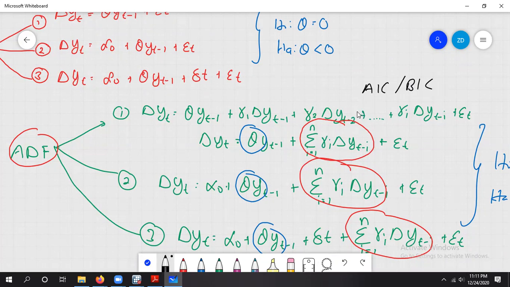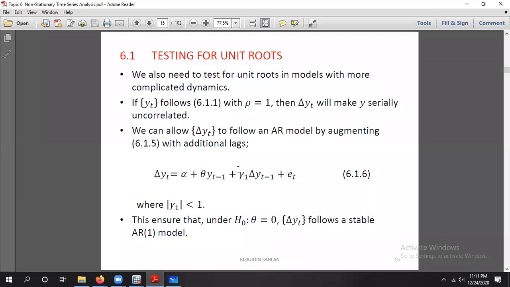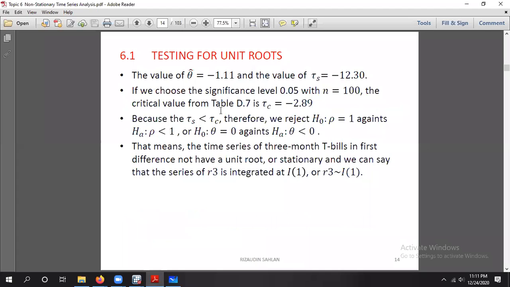Whether the lag is 1 or 2 or maybe 3 or 4 or 5 and so on, it's based on the AIC or BIC, the optimum lag. Okay, based on our analysis of the Dickey-Fuller test, we can see that the series of R3 is non-stationary at the level, and non-stationary at the first difference,